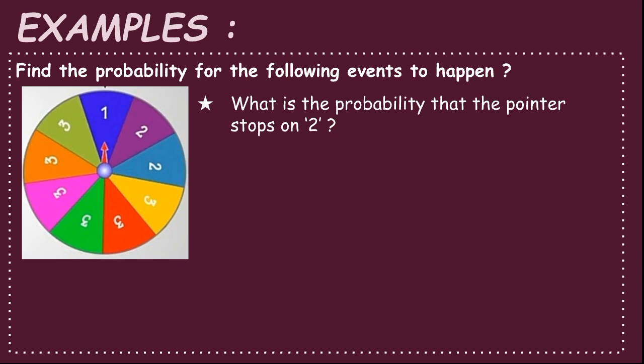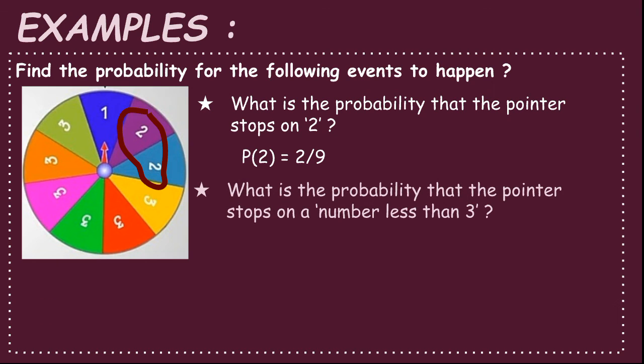So, children, totally there are 9 sectors. Out of 9 sectors, there are 2 sectors that are marked with the number 2. So, therefore, the probability that the pointer stops on 2 is 2 by 9. In this way, 2 sectors out of the 9 sectors, so 2 out of 9 can be written as 2 by 9. Next question is, what is the probability that the pointer stops